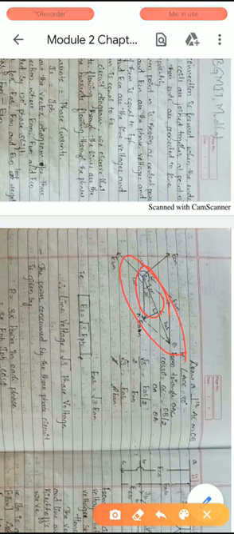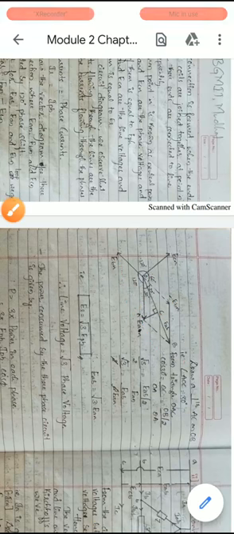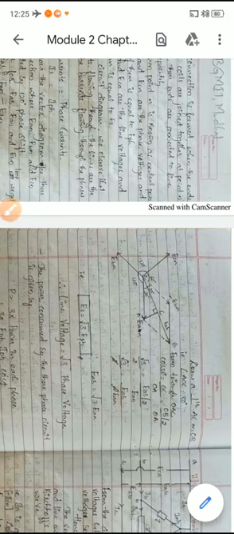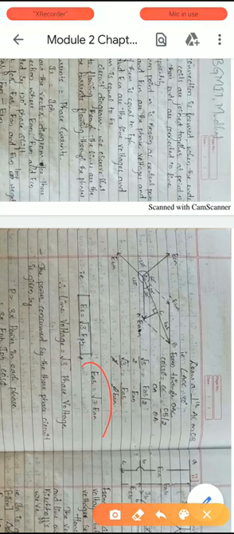Resultant is EAB divided by 2, and this OA is EAN, and what is cos 30? Root 3 by 2, right? Now you can see these two cancel, therefore I will get EAB is equal to root 3 into